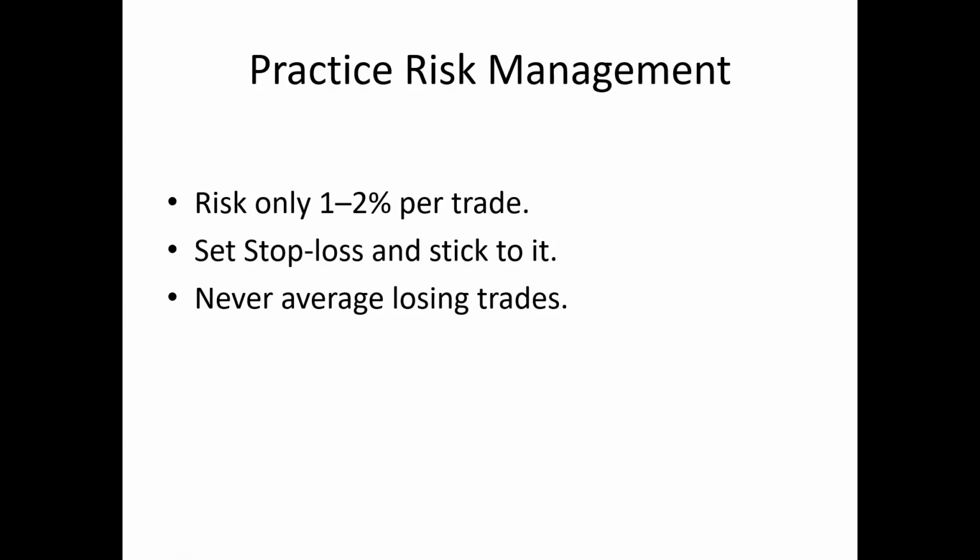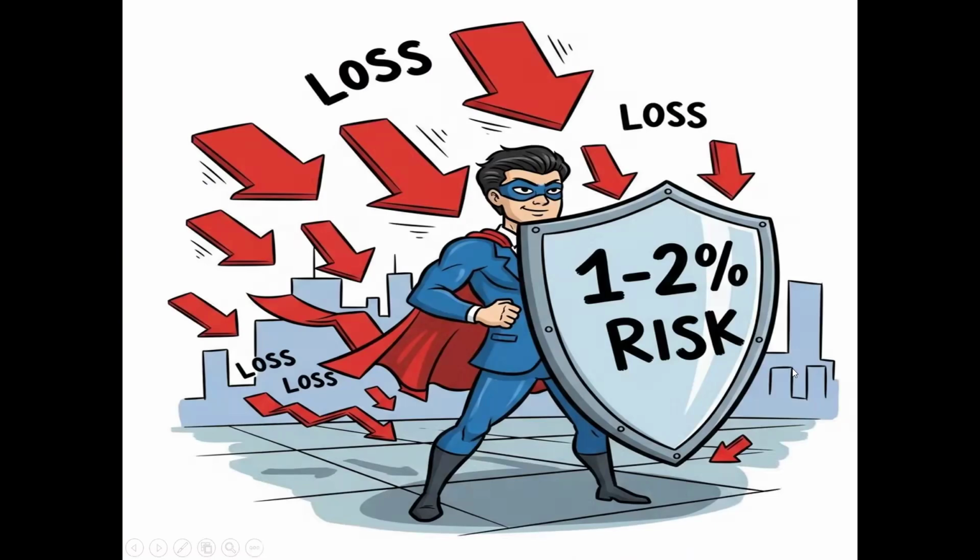Never average losing trades. That is the mistake people make. Then you lose, you won't trade smartly. Do not average. If you are losing, exit the trade quickly, immediately, and limit the risk. You will be losing only 1 to 2%. Otherwise, you will lose your entire capital. What is the use? So your 1 to 2% risk stop loss is your shield for your trade. That is a shield.